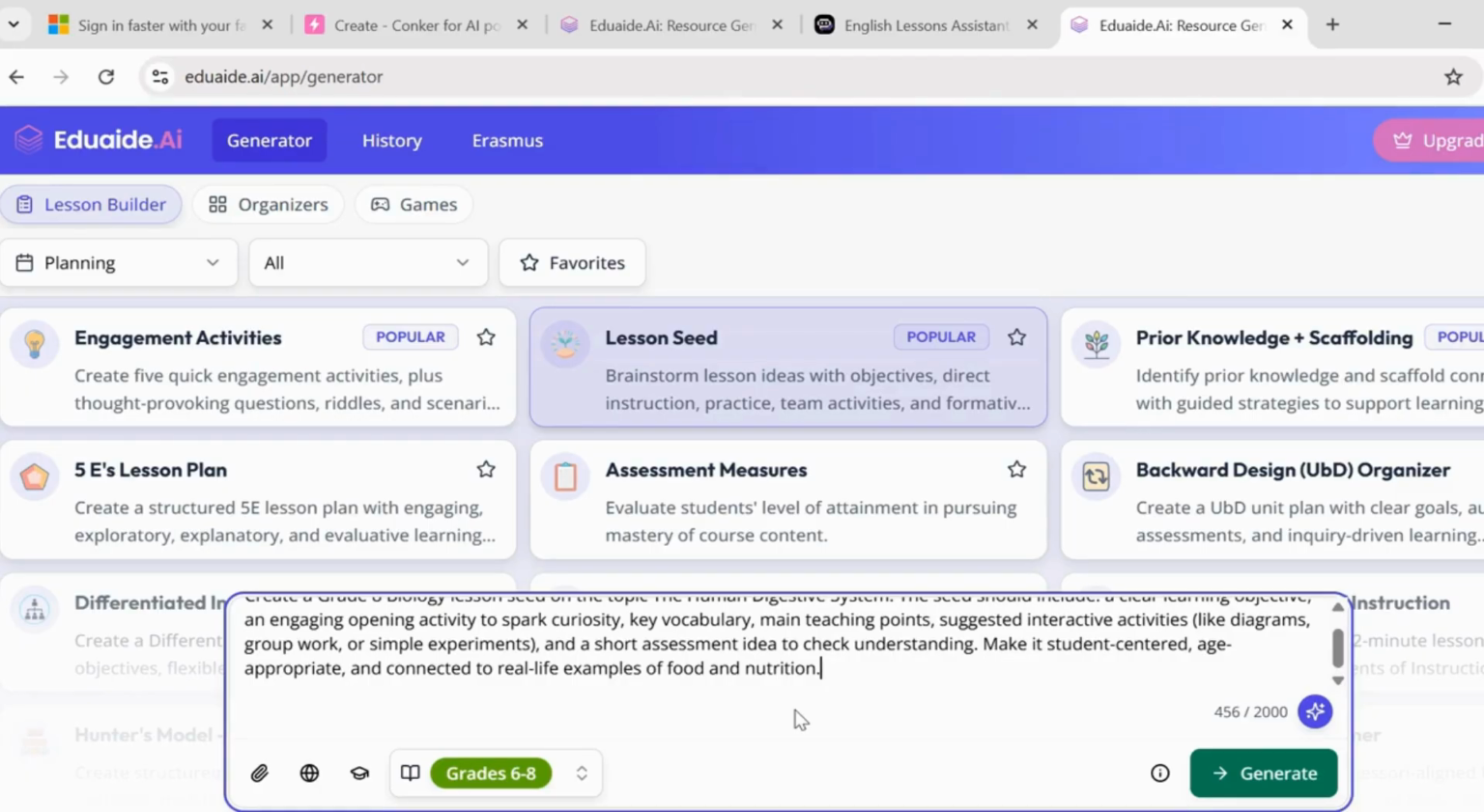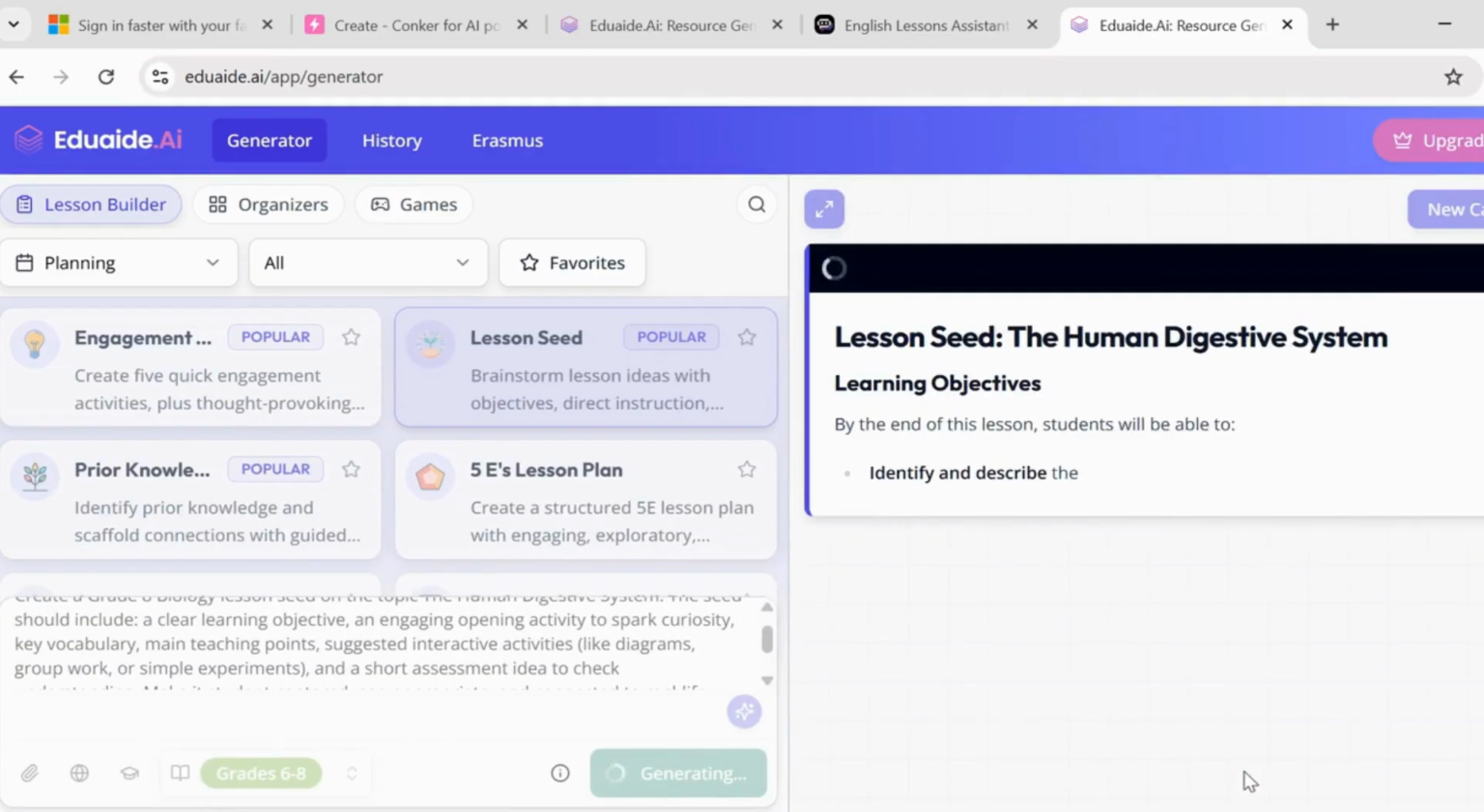Which means I ask Eduaide to provide me with a comprehensive framework for my lesson that includes everything, and I need to remind it that I want my ideas and objectives to be student-centered, age-appropriate, and connected to the real-life examples of food and nutrition. You have a limit to the number of characters that you can write in the prompt, so you can have up to 2,000 characters. So once I'm done with my prompt, then I ask Eduaide to generate all of these,